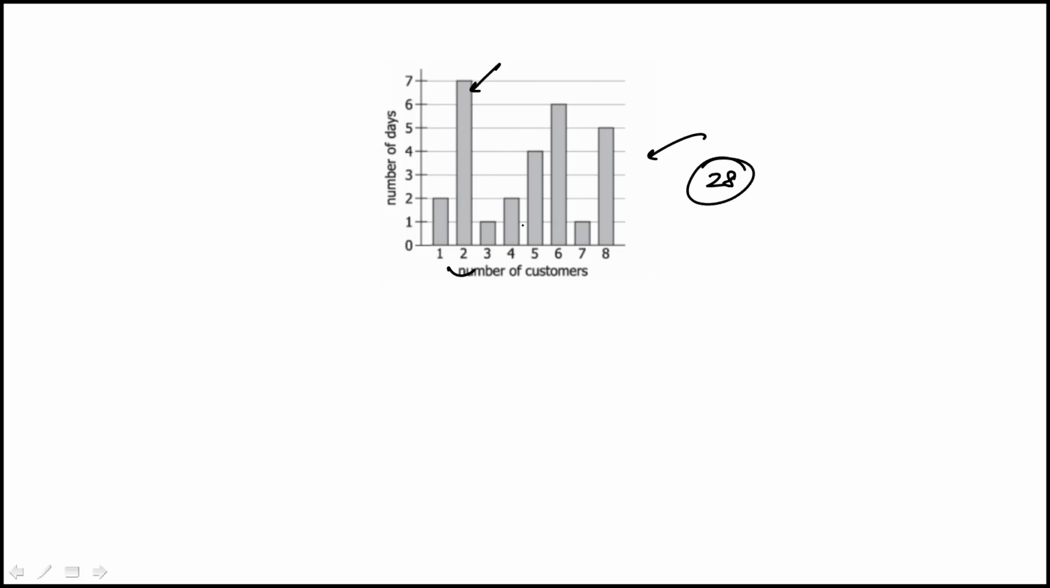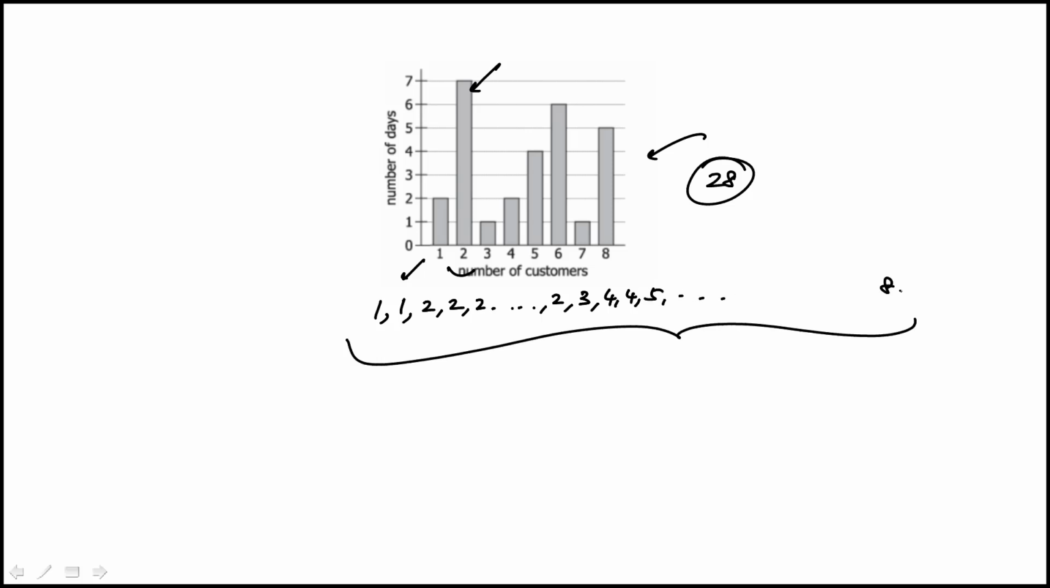So if we were to rank these in increasing order, for example, one customer showed up for 2 days, and then 2 customers showed for 7 days, and then 1 day was 3, 4, 4. Sometimes it's helpful to see the raw data, and so on and so forth, and then we'll have 5/8 at the end. Once it's written in that form, we need to find the median, which we have an even